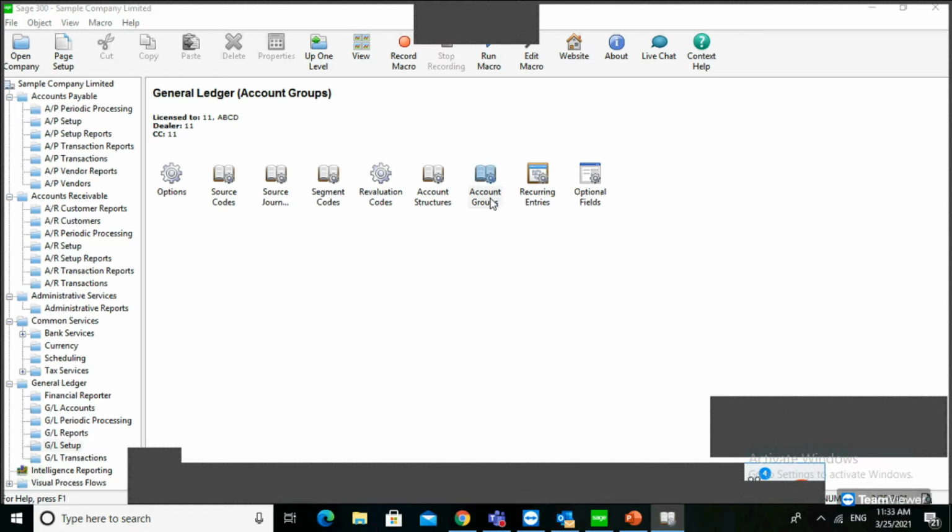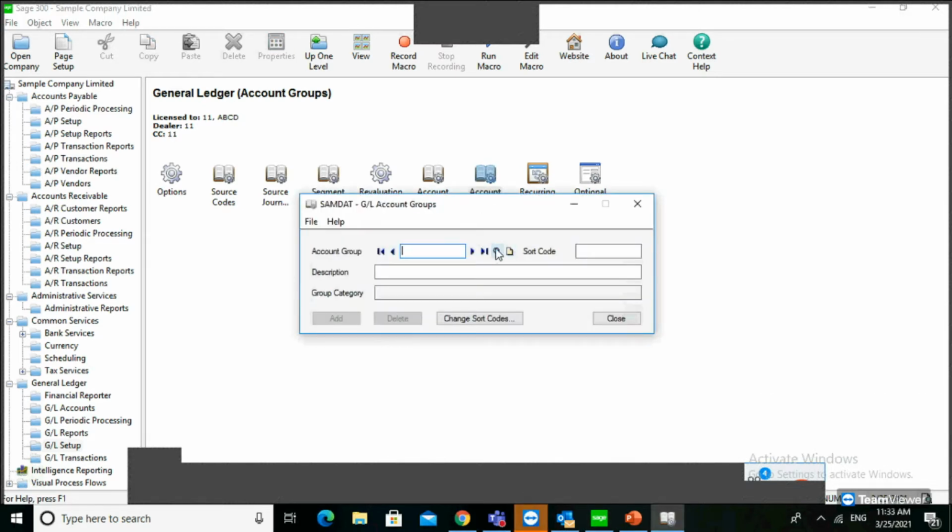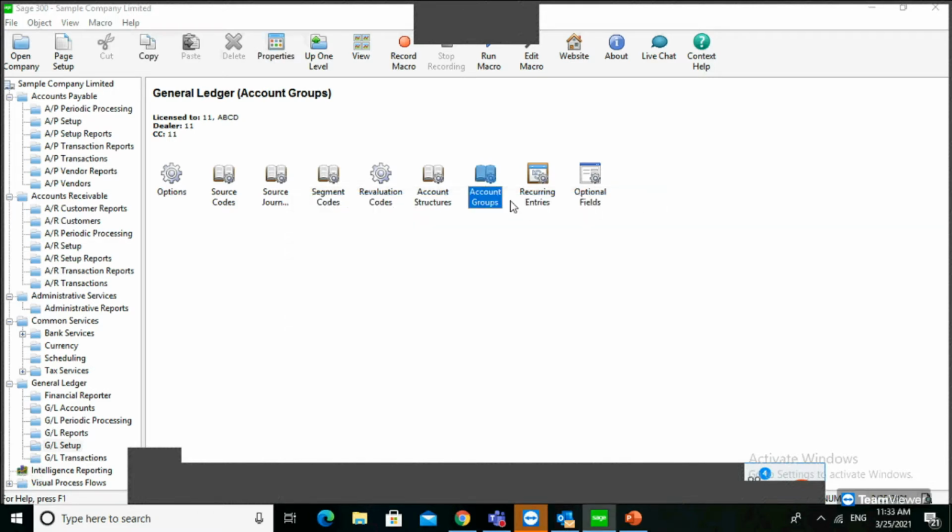This is very easy when you are doing the account group. Otherwise, if you are creating the financial statement based on the account, then when you are creating a new account, you have to go and adjust your financial statement. If you define the group already and assign the group based on the chart of account, then for a new chart of account, you don't need to go and adjust the financial report again. This is for reporting purposes. You have to classify your chart of account based on the account group.